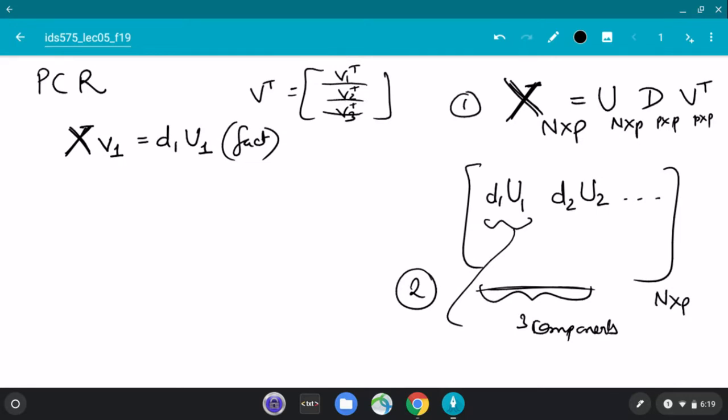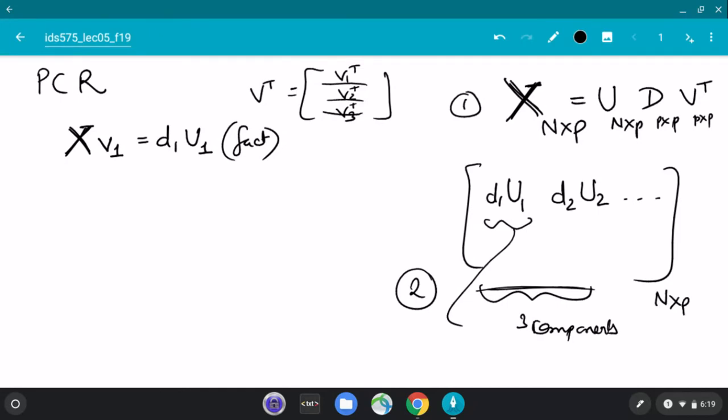D also the same. You just call these principal components, and you pick some of them only because, I think last time I mentioned, these are ordered in terms of their decreasing magnitude. So D1 has the highest magnitude. So picking 3 just means capturing the highest amount of variance. And there was a picture last time, right? We're going to discuss this again in the context of principal component analysis. So we'll revisit at that time.